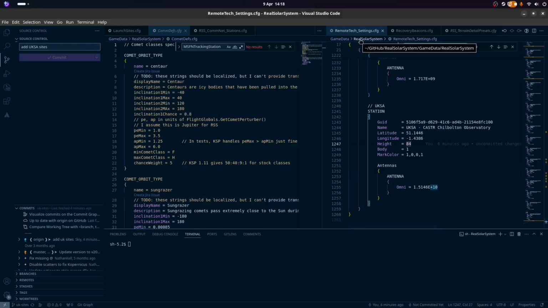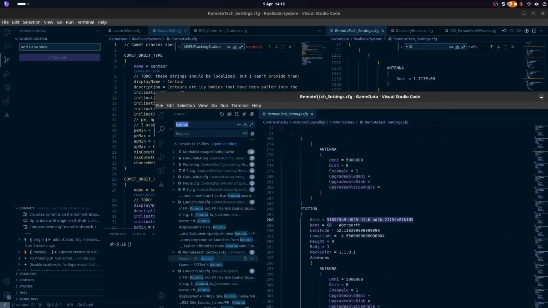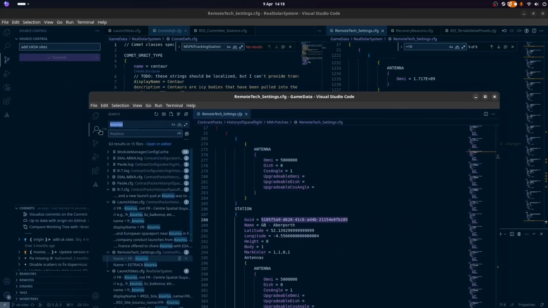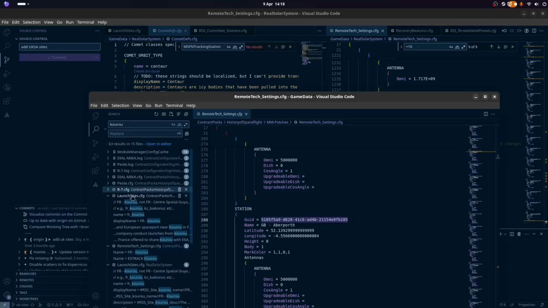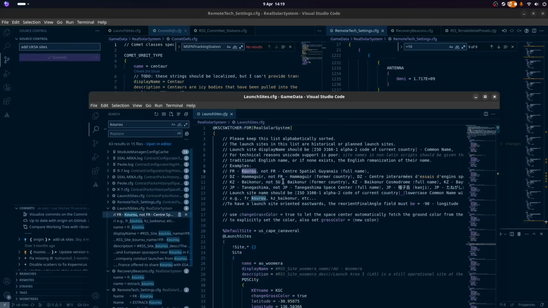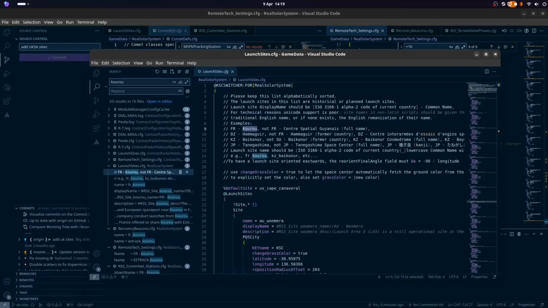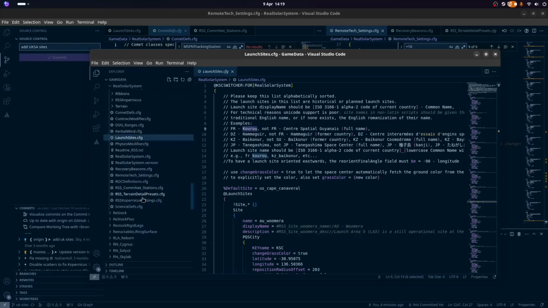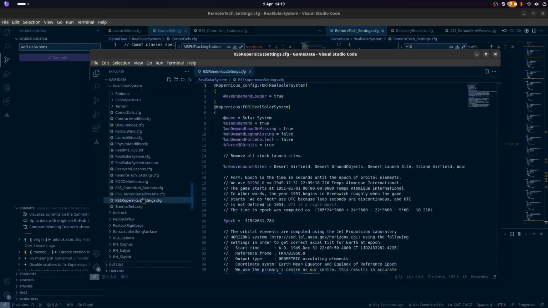Okay, so now that we have done that, it is only half of the battle. Because of course, we also need to add this to our game. So, to facilitate that, I have it all open here, as I've already shown. So I need to find... Is this only history of spaceflight? It should be. Real solar system, right. So, what did we change? Well, I happen to have the diff open on my other side, so we need to find all of these again. I'm not going to make you sit through this, I will skip forward.